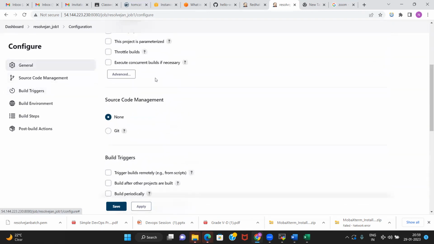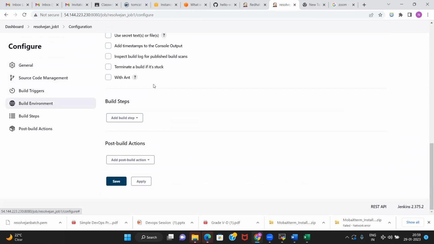I don't need any code or anything. What I am going to do is just simple, running some command on the Jenkins server.